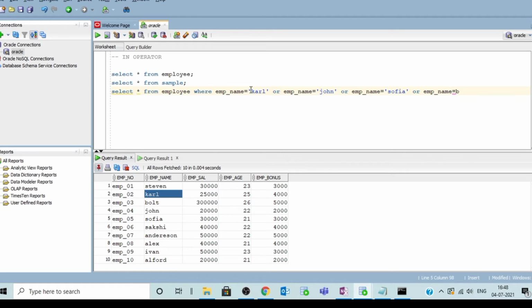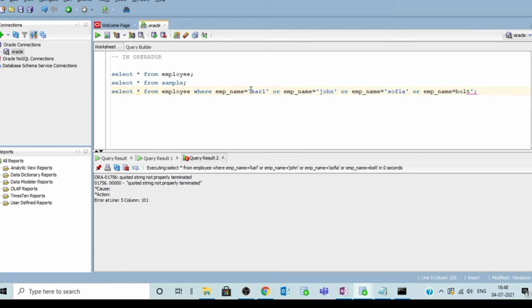In this query, we are just retrieving all the information from the table, I mean all the 4 employees' information from the table.